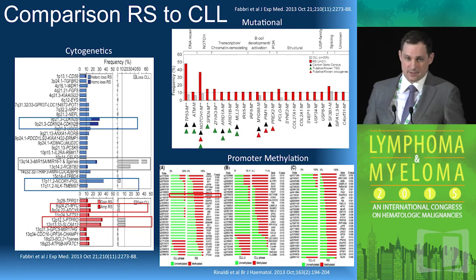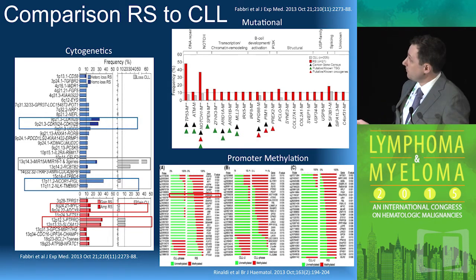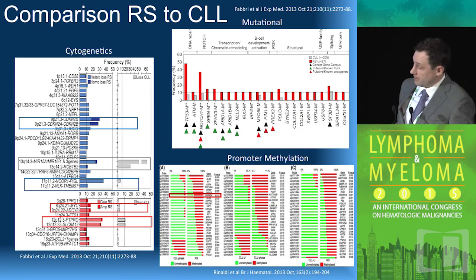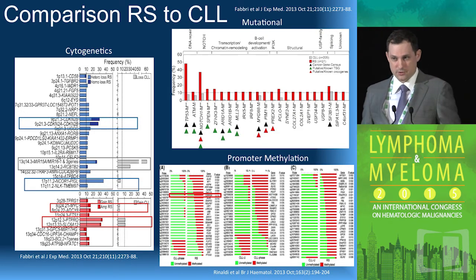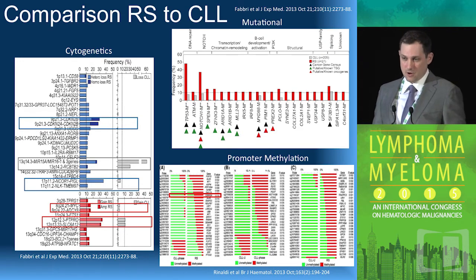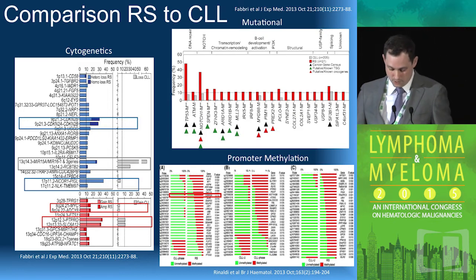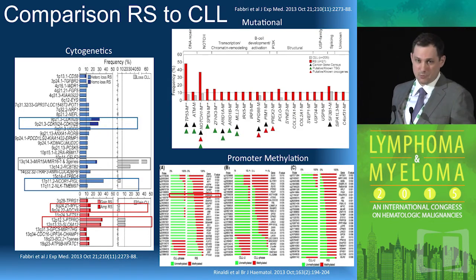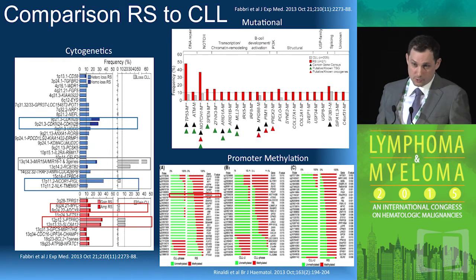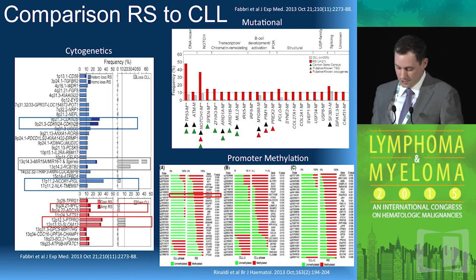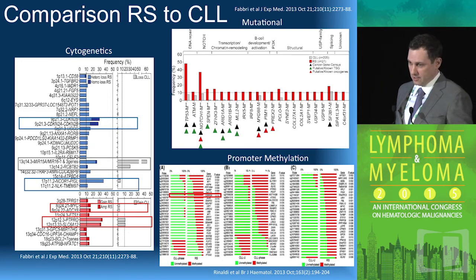When you look at gains of chromosomal abnormalities, really the most common ones and the most significant are obviously at 8q, with MYC being important there, as well as trisomy 12. Trisomy 12 patients do have a higher risk than other patients of Richter's transformation, though overall their CLL seems to follow a rather intermediate course. But trisomy 12 is also one of these very highly recurrent in about 30% or so of patients at time of transformation. And so the reasons for that aren't necessarily clear.